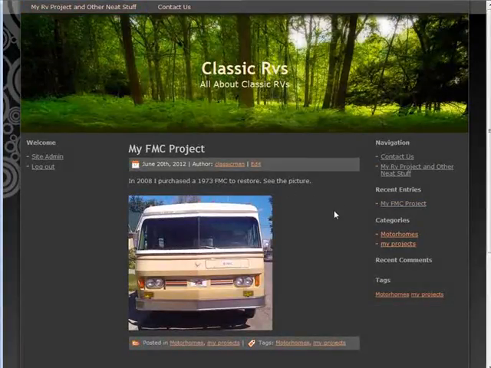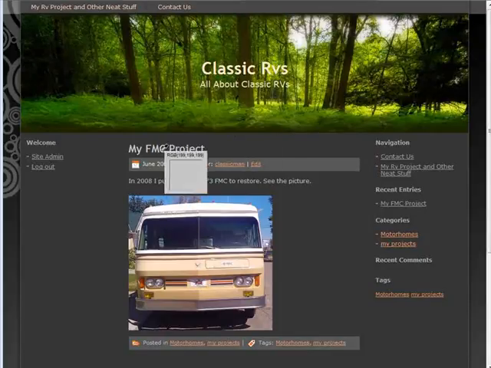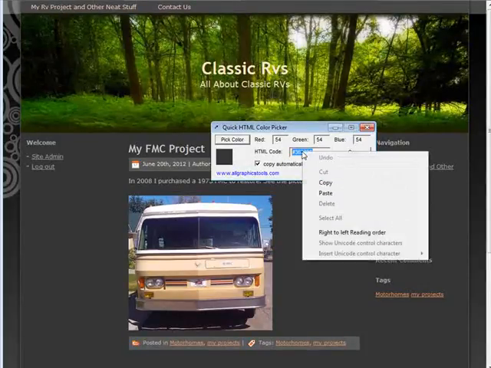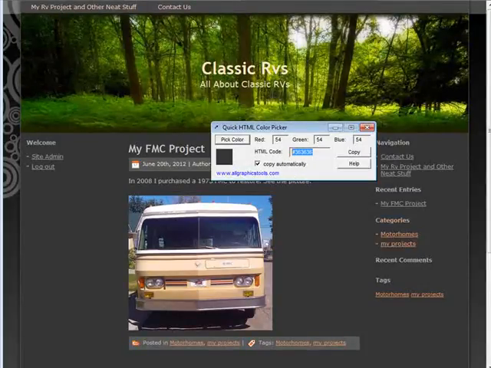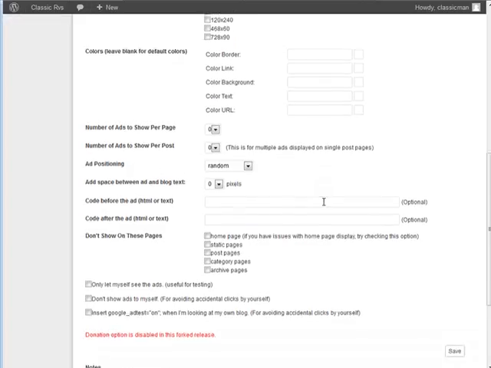You're going to need to check and see if you've got different colors. Now, I have a little tool. It's called a Quick HTML Color Picker. You can do a search for that, or you can look in the style sheet. But if I click Pick Color and I click here, it gives me this code right here. So I can copy that, and I can go back here,